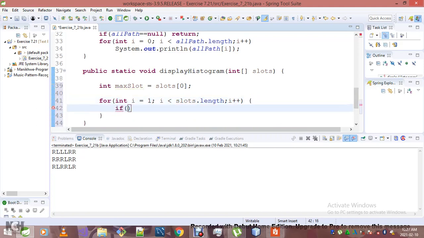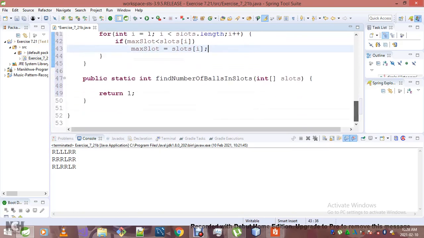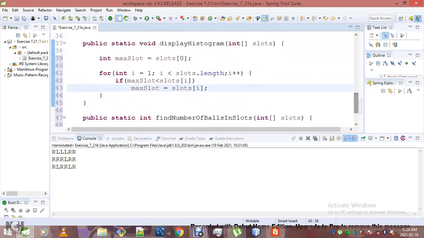If max slots is less than slots at i, then of course, if that is the case, then okay, I've got to update my slots. Okay, now that we know the maximum slots,